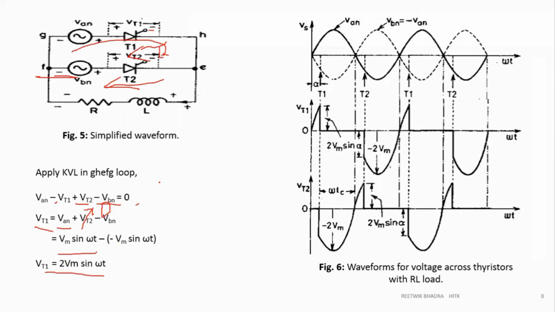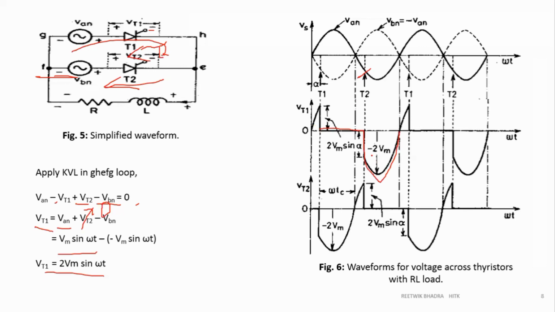Okay, so we'll draw this. What will be the maximum value of this VT1? It will be 2 Vm. So the maximum value is 2 Vm over here. VT1 is drawn over here, because up to this alpha, T1 is off, so we get a voltage across it. Then 0 up to this point, where T2 is on, since up to that point T1 was on. So 0, then it continues as a sine wave, but the magnitude is 2 Vm.